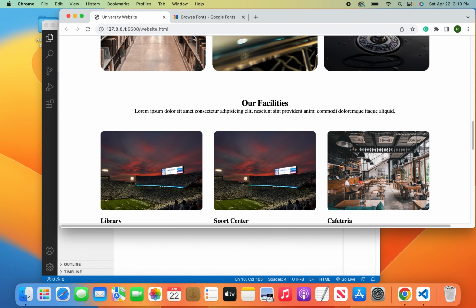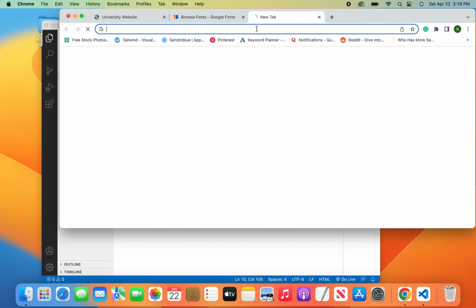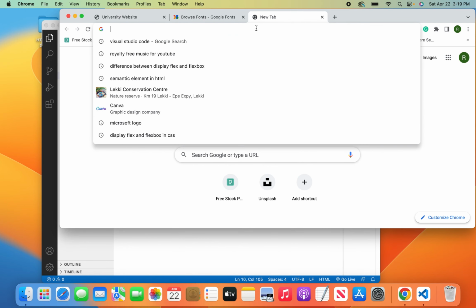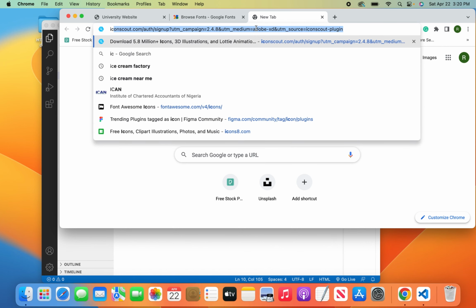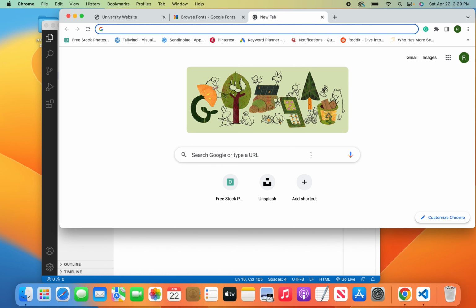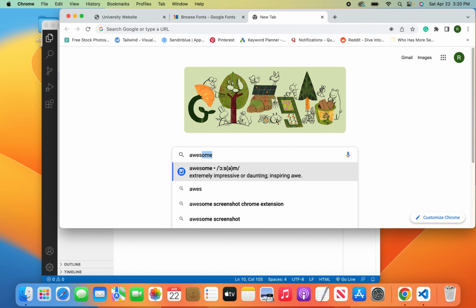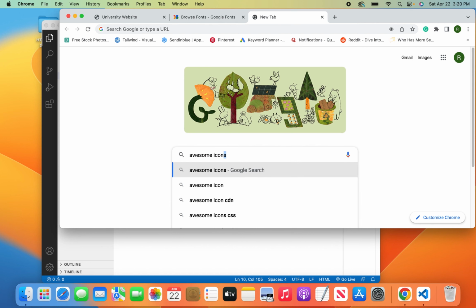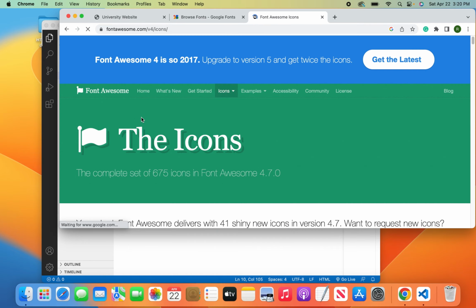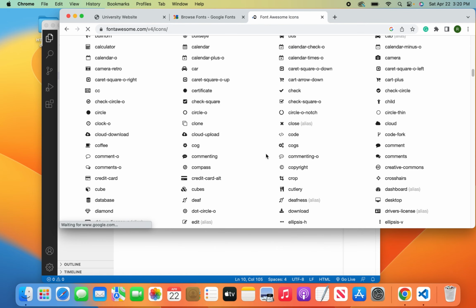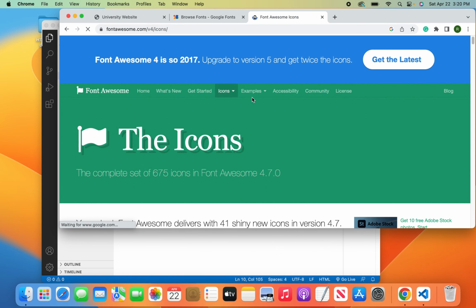And in order for us to use those icons, we're going to go to a site called Awesome Icons, or let me look for it. I'm not really sure if that's the name, or Font Awesome icons. Perfect. So we're going to use icons from this, and in order for us to link this, we have to copy